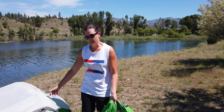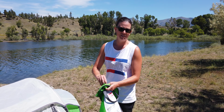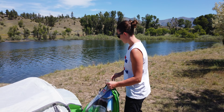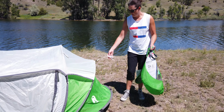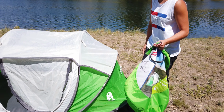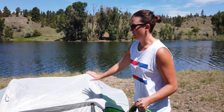So the setup is only a couple seconds, and it comes with tent stakes. They're kind of like a flimsier tent stake. I would actually buy some of the bigger, more beefy ones, but it's got 3 places to stake it down at each end, and it even has these wind guy lines if it gets windy out to really stake it down good. It does very well in the wind because this wind cover folds over a lot of the tent,